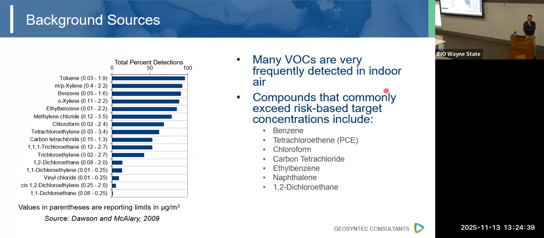Yeah, that's a good question. In my experience, I've seen benzene more than toluene and xylene. That's what we've seen in our field samples here, too. Some of that might also be that the screening level for benzene is lower than toluene and xylene, so I care more if there's 2 micrograms per cubic meter of benzene versus 2 micrograms per cubic meter of xylene. I guess that's not the right way to say that, but